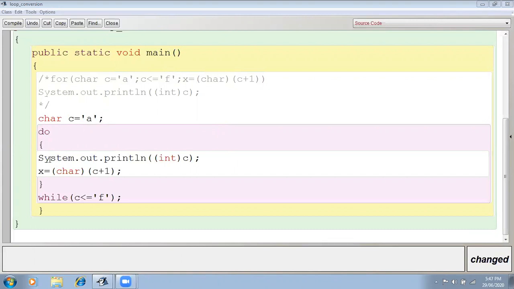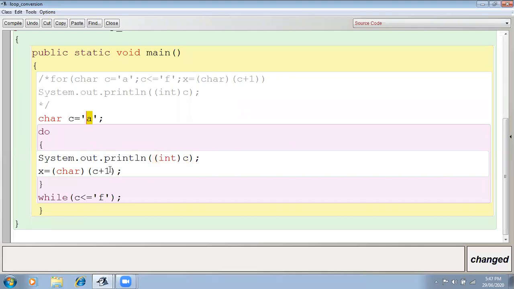Okay, then do System.out.print(int c). This means we want to display c, but what? The integer value of c. This is explicit typecasting. What is explicit typecasting? It will display the integer code of small a.